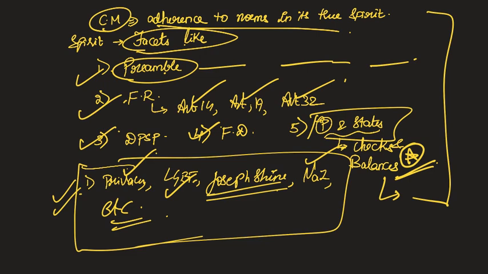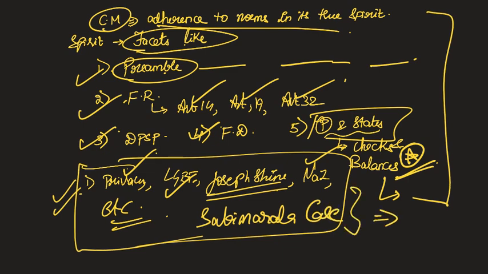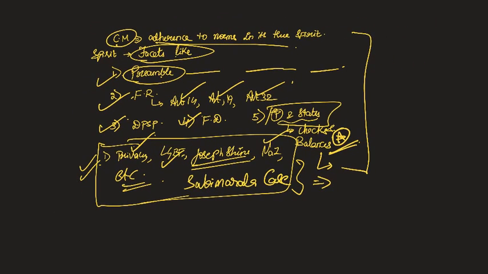You can use these examples, or the latest Indian Young Lawyers Association case versus the state of Kerala, which is famously known as the Sabarimala case. You can quote all these cases and show that constitutional morality, that is the kind of rights that our constitution respects. In 1947, we don't have the same kind of judgments, and society keeps on evolving. So the greatness about our constitution is it kept in mind what is the situation in 1947, and also gave room for historical decisions that can be taken in the future.